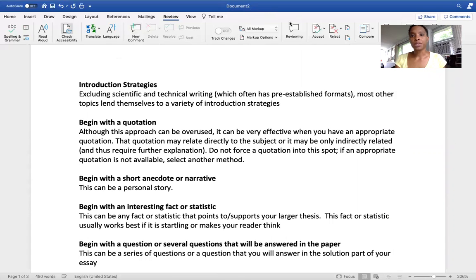So I'm going to stop the share. As always, I'll post this, of course, and you'll have the outline. I'll post that as well. If you have any questions or concerns, just email me. And again, this is only 1 to 2 pages. Most of you are going to come in at that sweet spot of 1.5 pages, which is fine.